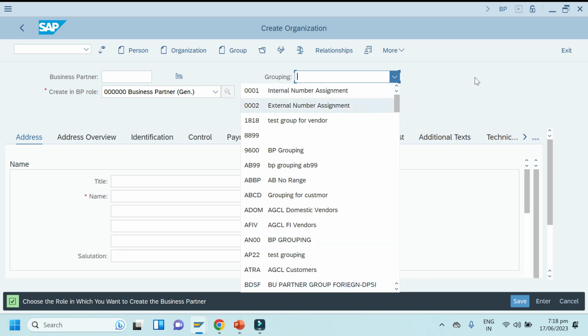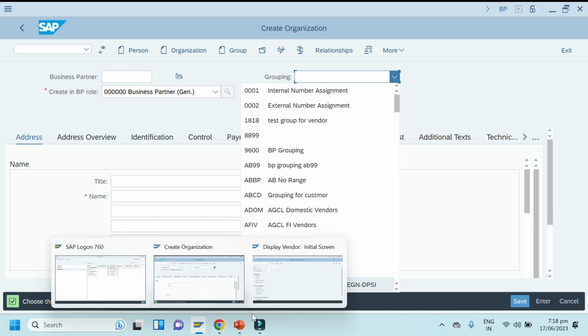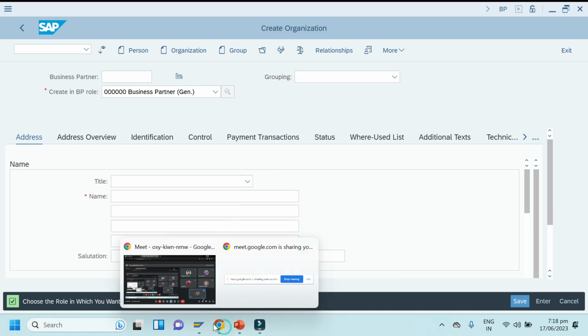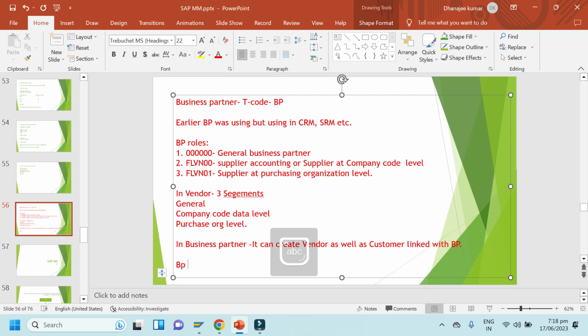Okay, so you will be clear when I teach you the configuration path. So this is basic fundamental here. And we have BP roles. Next thing is BP roles. Just put it here, BP roles, sorry, BP groupings. Then we'll see in the next part